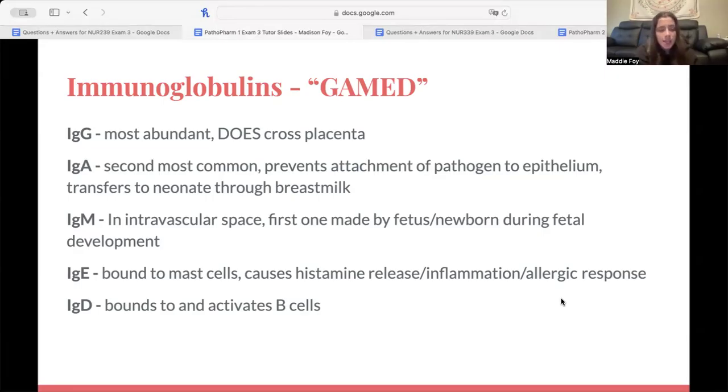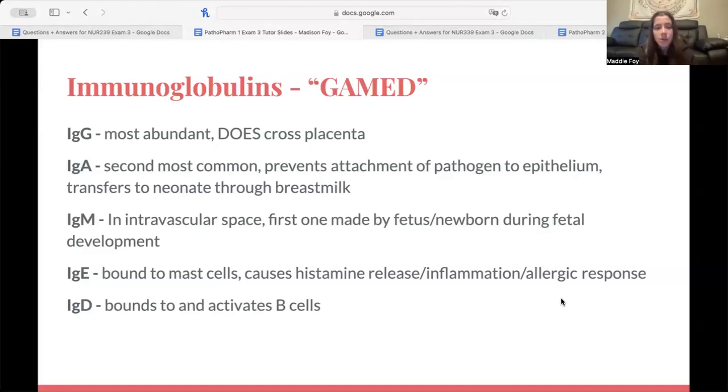And then IgA is the next most common immunoglobulin. This one specifically prevents attachment of the pathogen to epithelium and epithelial cells. And this one can transfer to a newborn through breast milk. You'll learn more in maternal infant, but that's a benefit of breastfeeding, that you do get those IgA antibodies transferred. IgM exists within the intravascular space. It is the very first one made by the